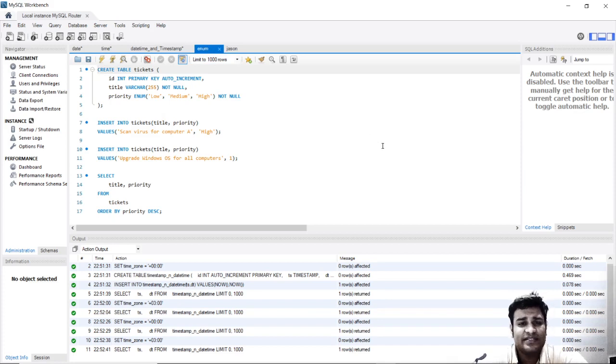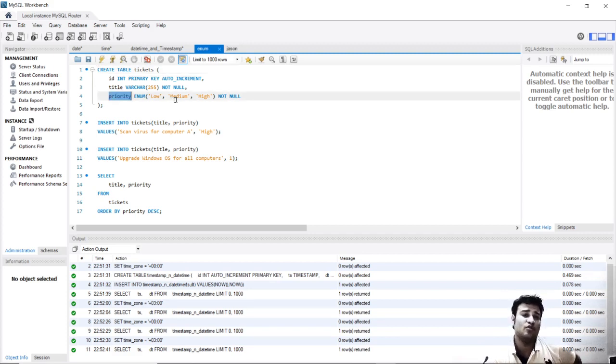So the next data type is enumeration. What exactly is enumeration? Enum is a set of words. So when we say that priority can be either low, medium or high, other than this, you cannot have any priority. This is what it says, that this particular column is of type enum and it can have only these three words, either low, medium or high. But in a computer, enum is always represented by numbers. So this will always be a number, this will also be a number, this will also be a number.